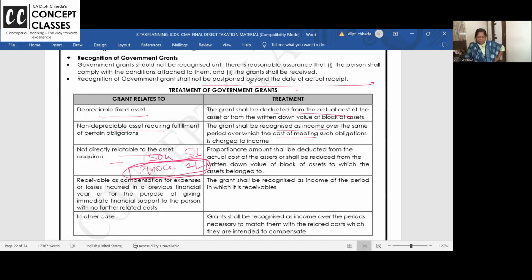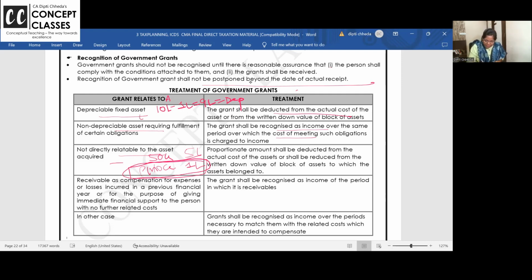Ma'am, can you just repeat this one? Yeah, I'll repeat. See, when it is related to depreciable assets, suppose you have purchased the asset for 10 lakh and 1 lakh is the grant. Only on 9 lakh you charge depreciation. Is the first example clear? Yes. Second,